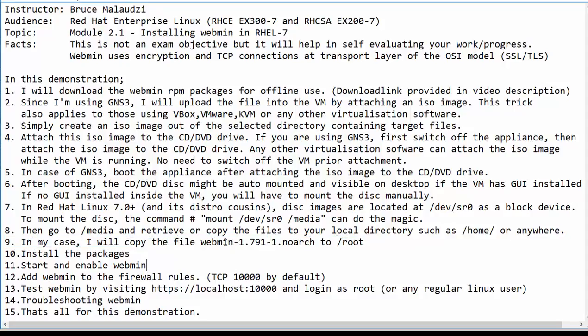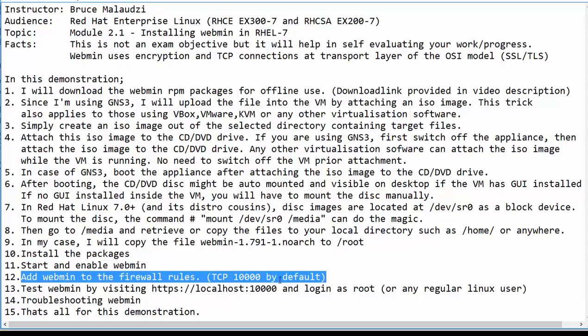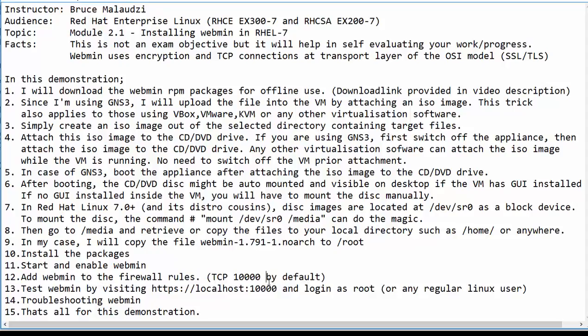In my case, I will copy the Webmin package file into root directory. I will then install the packages. I will start and enable Webmin service. I will then add Webmin to the firewall rules. By default, as I mentioned, Webmin listens on TCP port 10,000. I will then test Webmin by visiting